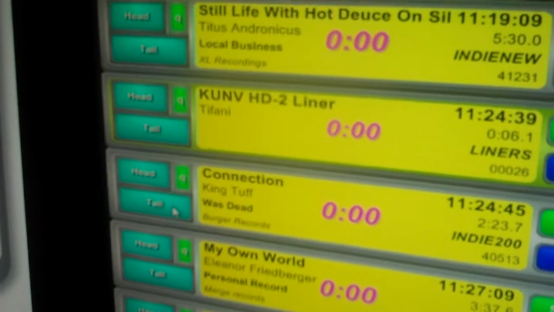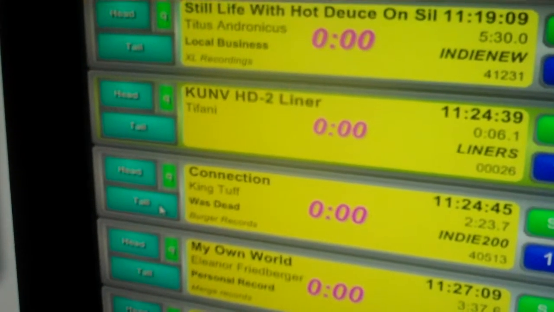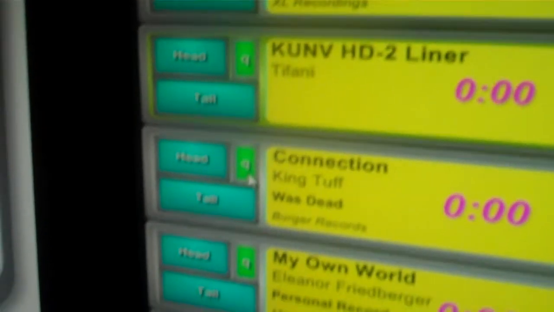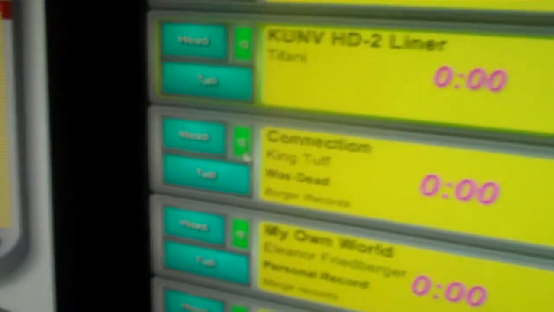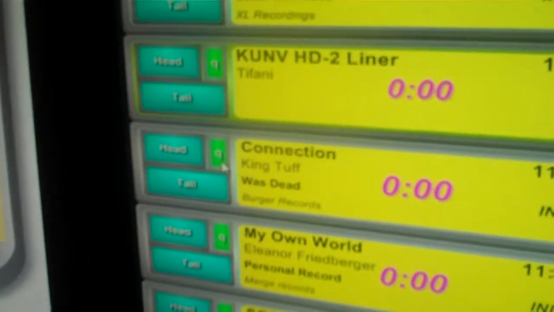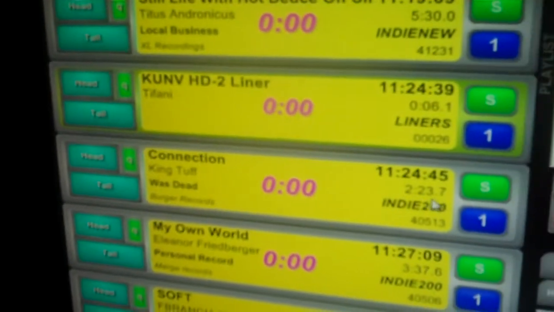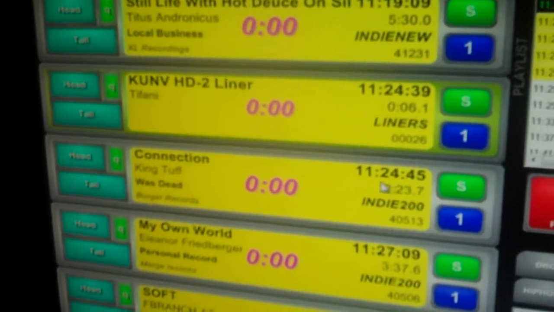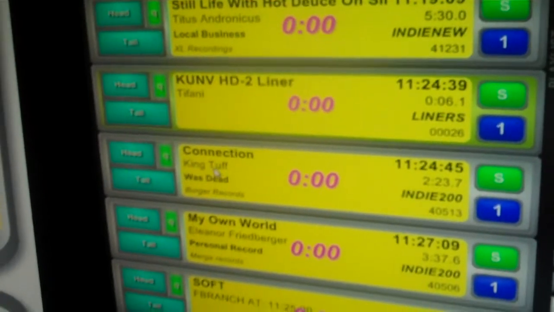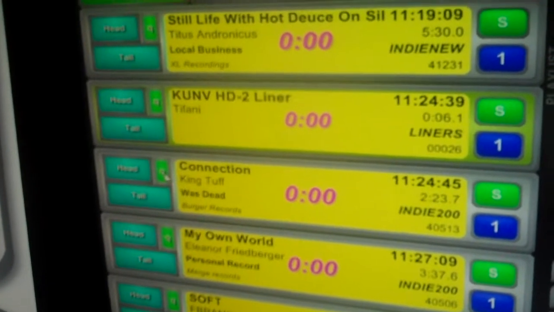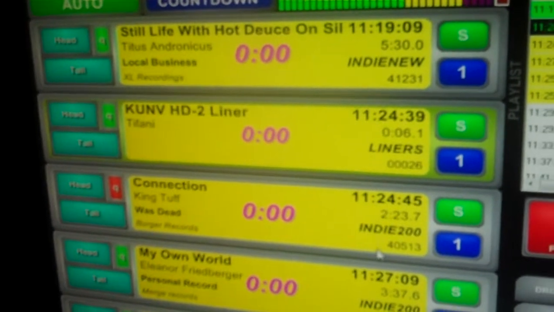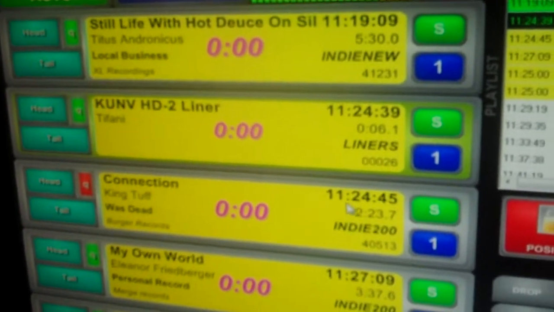If we want to align this song to a particular moment, we can use what's called the cue button. Now, the cue is a throwback to the days when everybody played off of records on turntables, and you could cue up to a particular point in the song. If I knew that this song was 2 minutes and 23 seconds, because it's telling me right here, but I only wanted to play the last 23 seconds of this song, I would hit the cue button, and then I would identify about the last 20 or so seconds of the song right here,